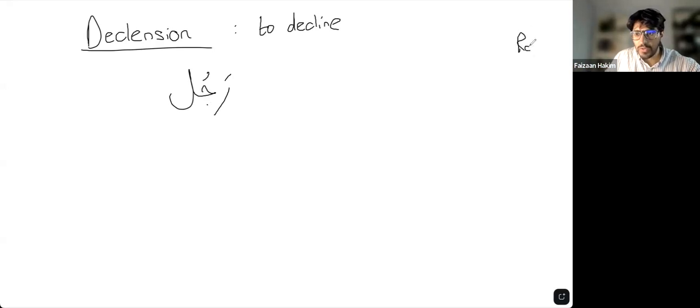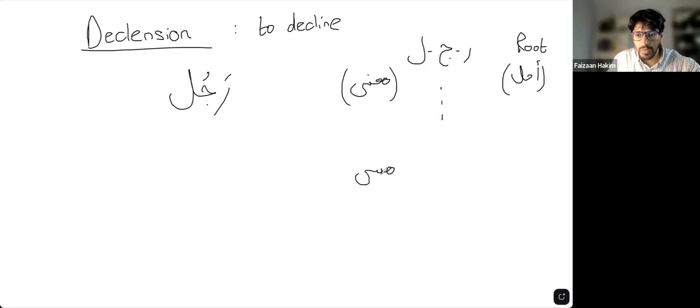We have a root, an asl, of ra, jim, lam. These letters have meanings in and of themselves. These meanings come together in this combination of ra, jim, lam. Now this ma'na, this meaning, comes down into some form, a mabna,